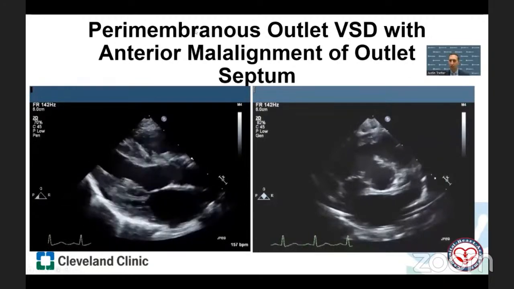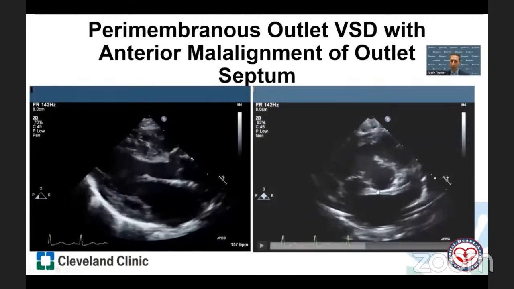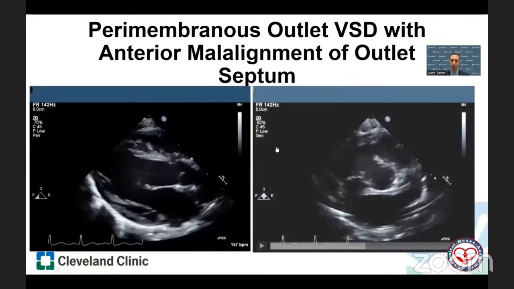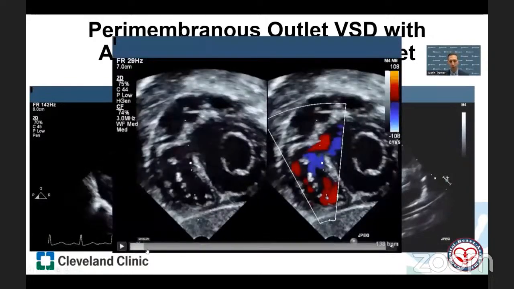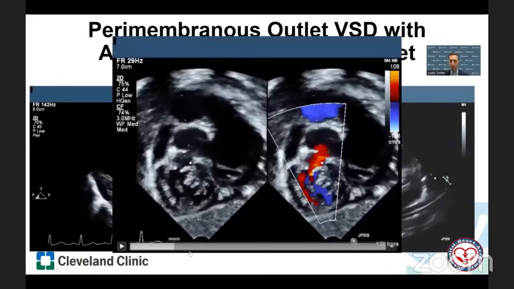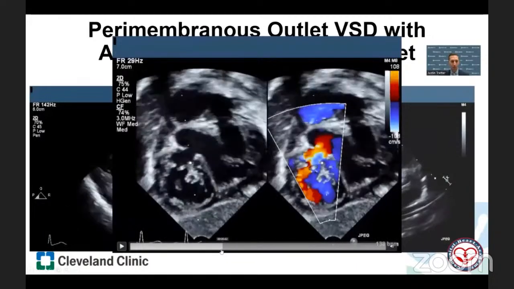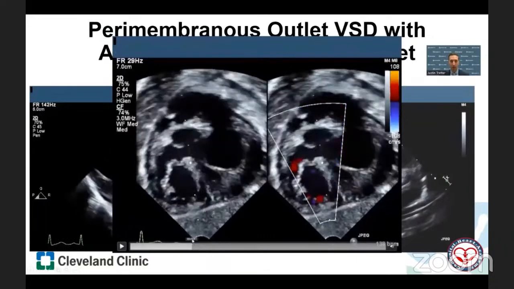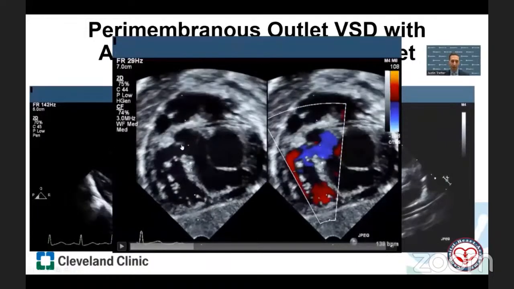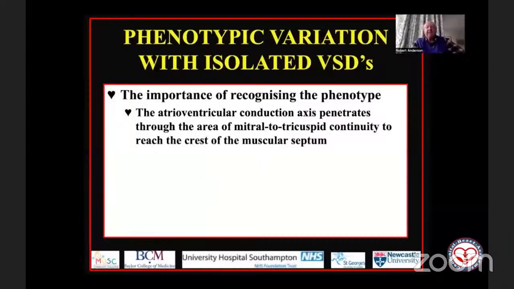And because of the borders of the defect, because it's perimembranous, we know the conduction axis runs along the posterior inferior margin. And to confirm, to look at the subcostal short axis view, we see at the commissure between the anterior superior leaflet and the septal leaflet, the defect under the aortic valve with no extension inferiorly, so it doesn't open into the inlet of the right ventricle. So a perimembranous outlet VSD with anterior malalignment of the outlet septum.